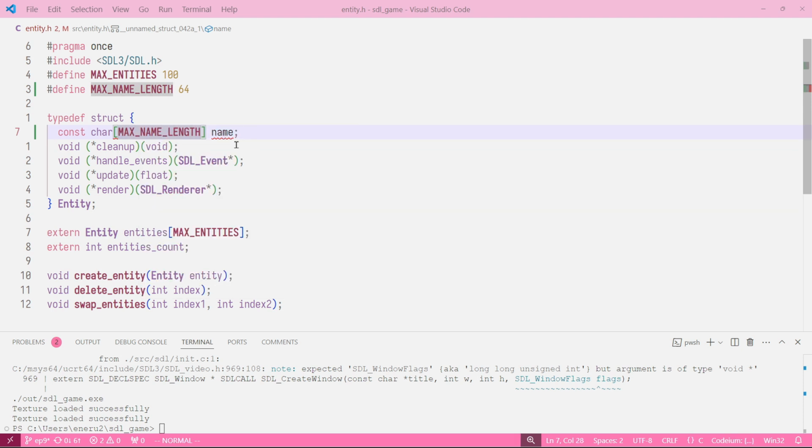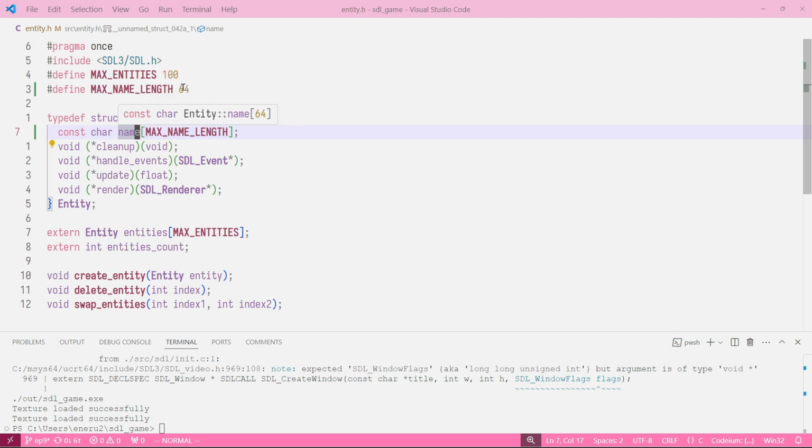It's giving me an error. Yeah, maybe this shouldn't be const. Oh, no, never mind. I'm just doing it the other way around. Sorry. I need to put it over here like this. Yeah, just like this. It's const. No, perfect. Now we have a field that can be changed called name, which is an array of